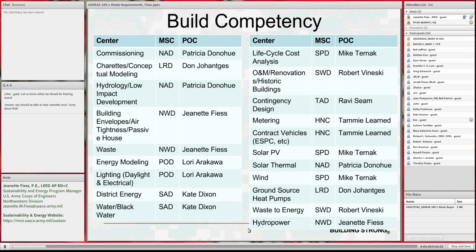And that's similar to the other POCs. We all are looking to build our network of individuals across the Corps, because I know that while we do have experts within Northwestern Division working on waste reduction strategies, I know that those experts exist elsewhere across the Corps. But today, I don't know who those individuals are. So if you want to reach out to any of these individuals, you are welcome to do that